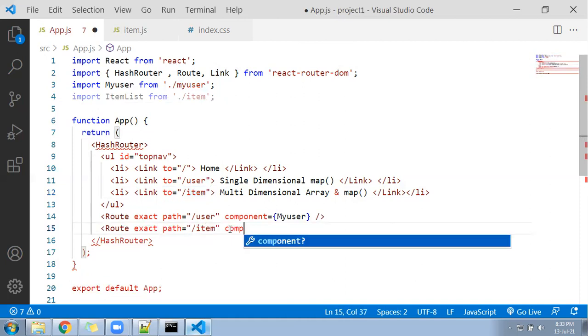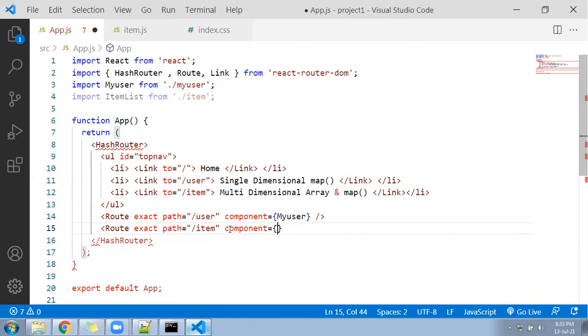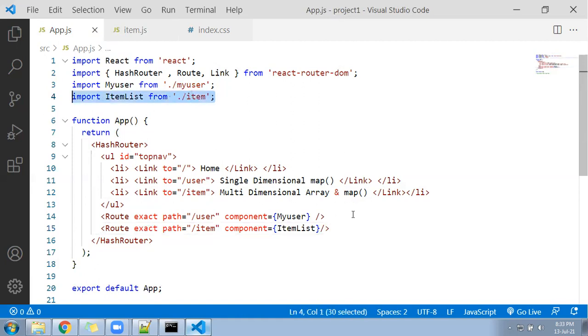Then component equal to which component you want to load. That component we have to give here. Item list we wanted to load, so we given here. Okay, item list. Now we imported the file, I added under the routing, and after that I generated a path here. So my link is ready plus routing is ready.